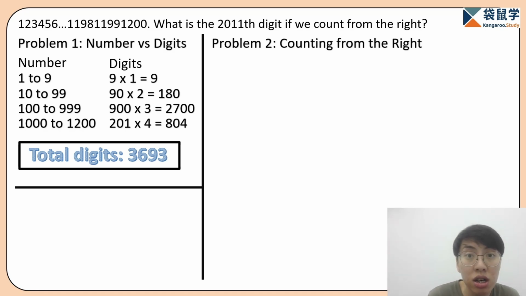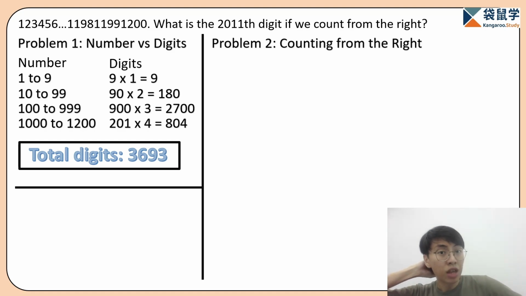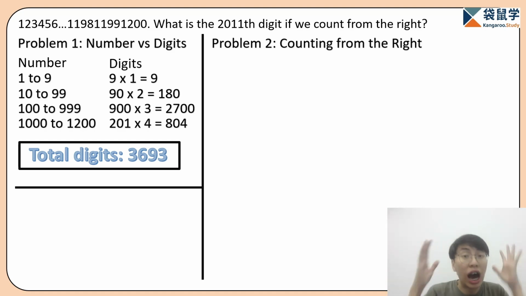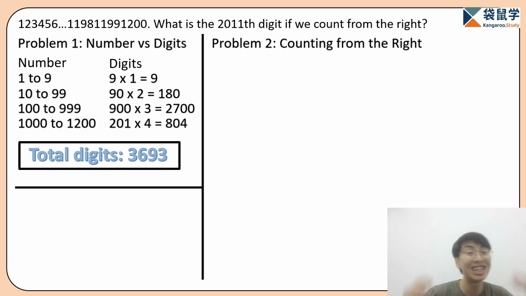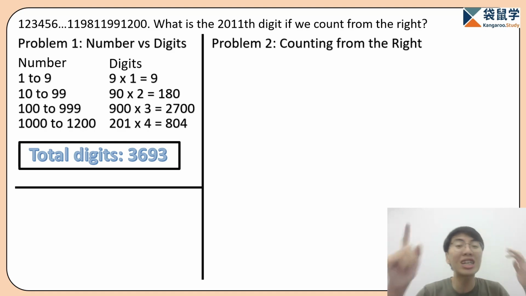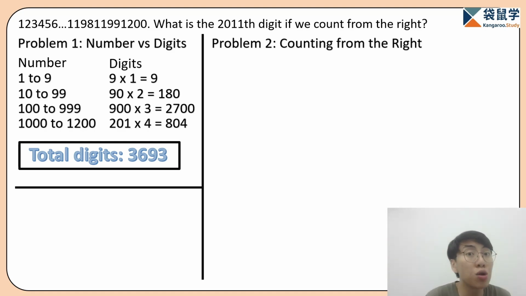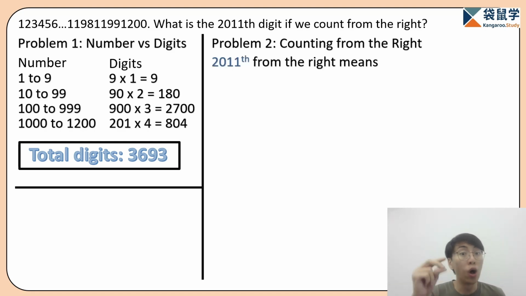3,693 digits. Then, actually, I can find what place the digit is if we are counting starting from the left. Isn't that right? So all of you take some time to think about how do we do that. Time's up, everybody. So actually it's very simple. All I have to do is that, well, if they're asking for 2011 from the right, then I can just